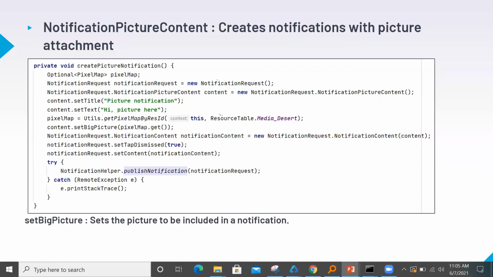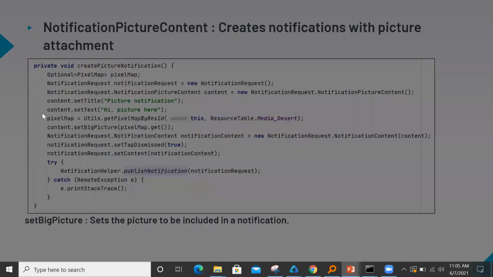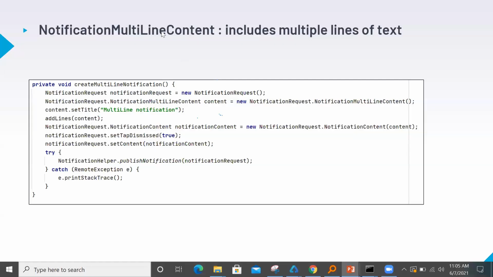Next we have multi-line content. So multi-line also creation is remaining same. I'll explain how I have added the content to this particular object, and I'll show it in the demo part. The other everything is remaining same, how request, content creation, setting content, publishing, all things remain same.